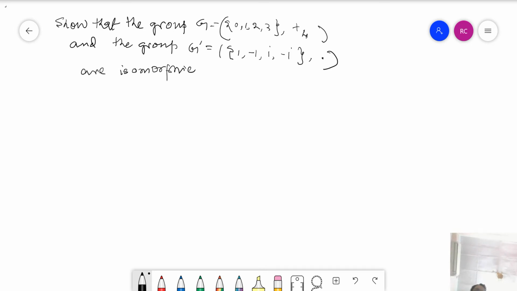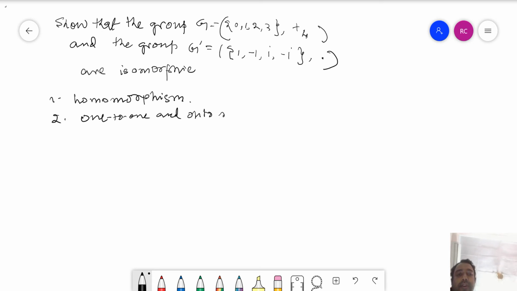So what is isomorphism? Isomorphism is basically one, a homomorphism, and two, a one-to-one and onto mapping. So we have to prove these two basically. Let's start with the first one. So we prove it's a homomorphism,